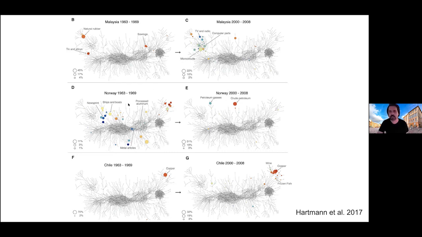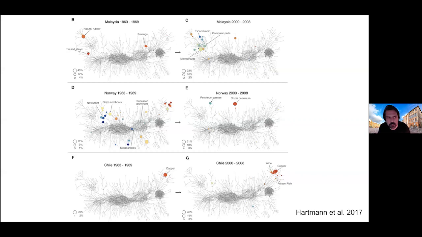When you look at Norway, you see that basically they grow in areas that are associated with high levels of inequality. So you could associate a basket of products or activities to a certain inequality level and have some sort of counterfactual or expectation value for the level of inequality that a country is expected to have given the activities that are present in it.